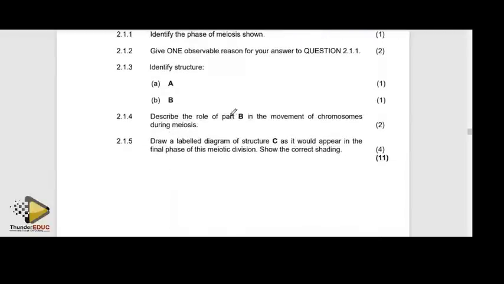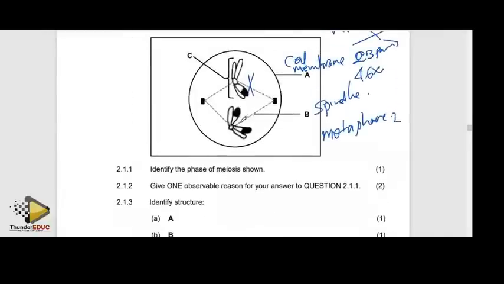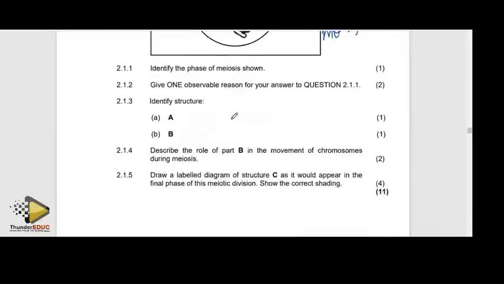Then describe the role of B in the movement of chromosomes during meiosis. B, these ones, are very important as they contract and shorten, and then they pull the chromosomes or the chromatids to opposite poles. And also, they are very important in holding the chromosome in place, maybe during